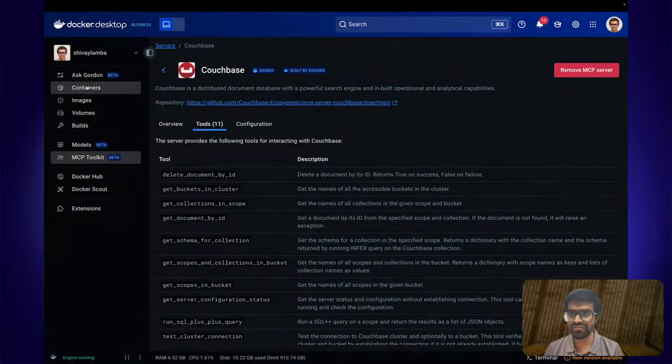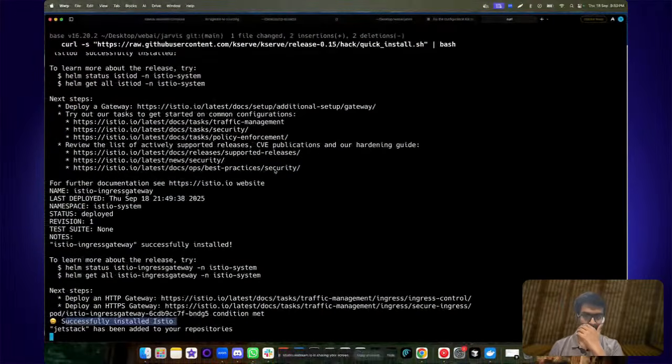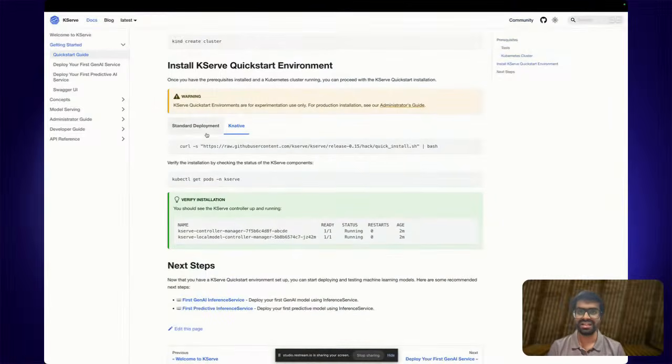Also see if it has created any images. So do we have any active running? So yeah, we have the kind cluster running right now. I don't think we have. All right, let's probably wait for a second. So while that is doing, we can probably go back and talk about the quick start.